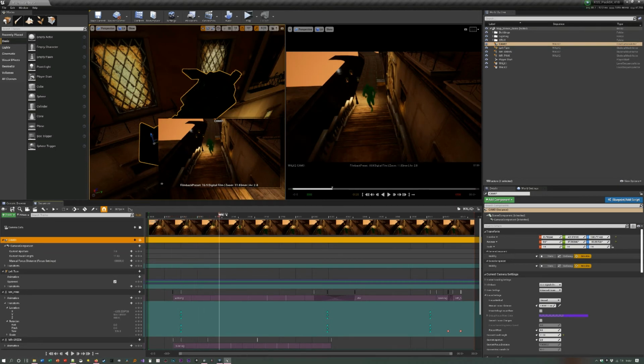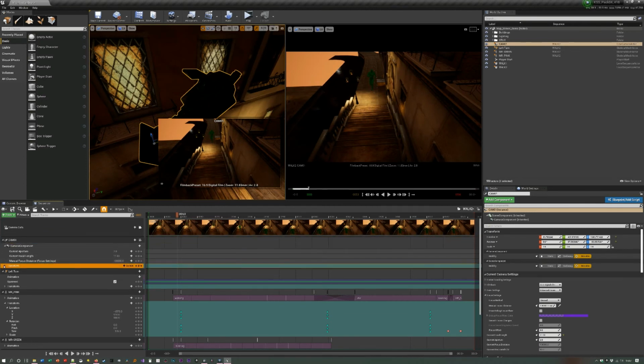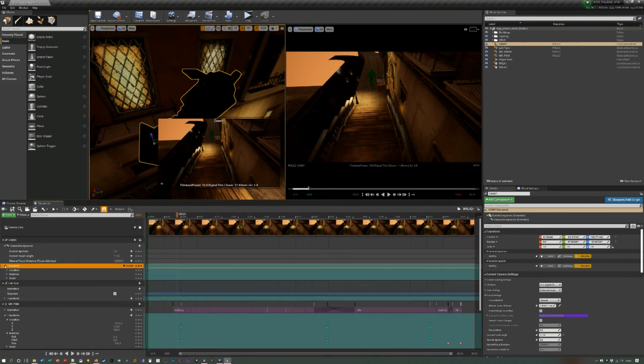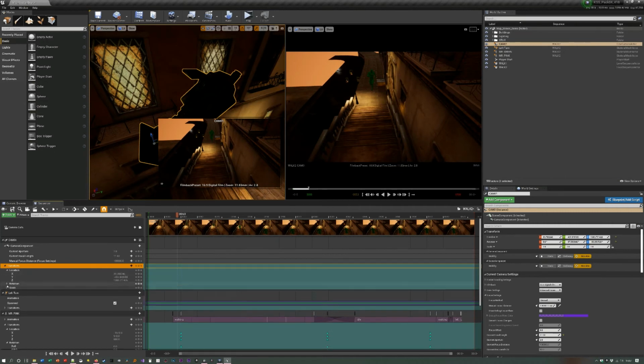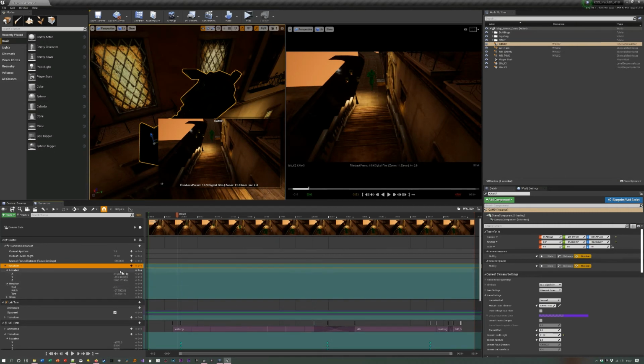So I've got a camera there. And I've got the transform that we saw with the characters. So this enables me to change their location, rotation, and I don't want to muck around with their scale. I'm not sure what exactly that would do in the context of a camera. But let me add, now I've added them there, but